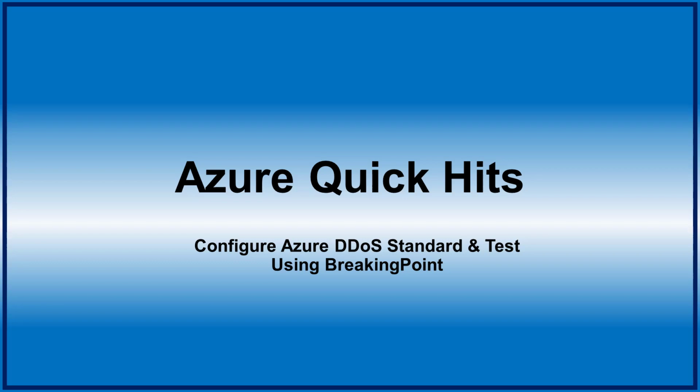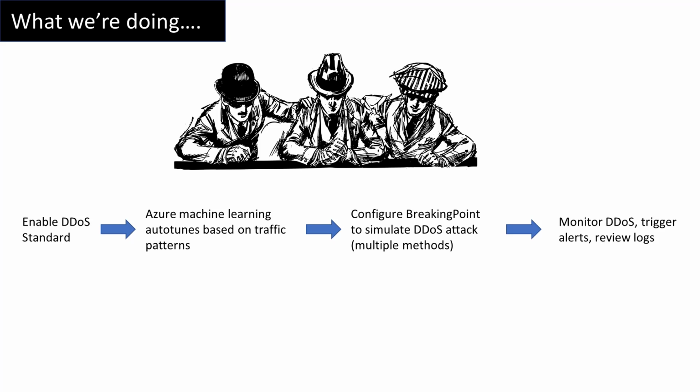Today we're going to configure DDoS Standard, and we're going to use BreakingPoint's test platform to simulate a DDoS attack and watch what happens. So we'll start by enabling DDoS Standard and attaching it to a VNet. We'll then configure BreakingPoint to simulate a DDoS attack. We'll then set up a dashboard to monitor the DDoS metrics. And then we're going to look at Log Analytics to see how Microsoft dynamically adjusts the DDoS mitigation triggers based